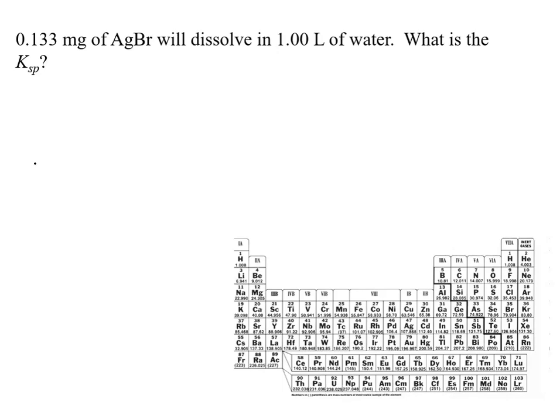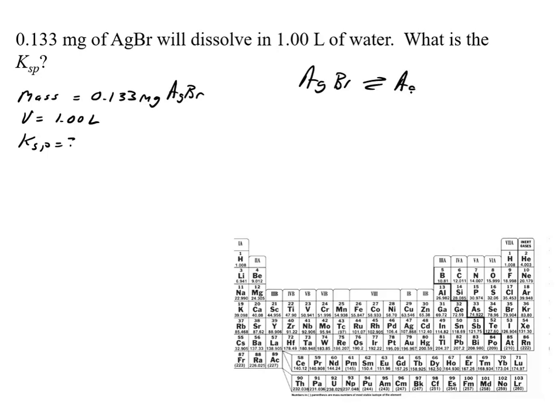In this video, we're going to continue with the solubility product, and we are still calculating the Ksp from solubility data. So in this one, I'm told that I have a mass of 0.133 milligrams of silver bromide, a volume of 1.00 liters, and it wants to know what is the Ksp. So with Ksp for the silver bromide,